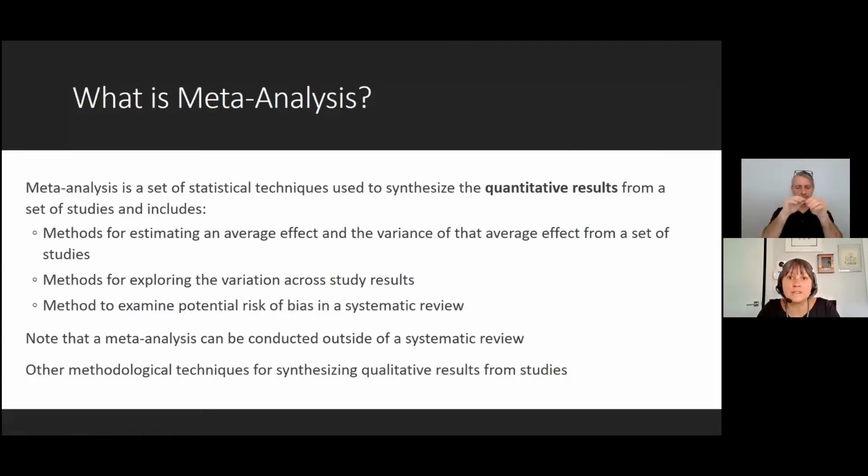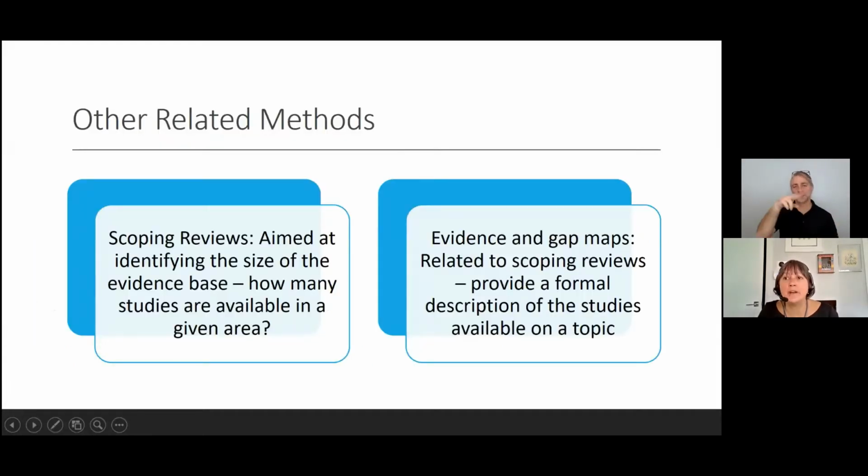And qualitative synthesis is an active area of its own. In fact, there is a funded NSF training grant that looks at methods for qualitative synthesis. But that's not what we're going to talk about here. Okay, I wanted to also just give you a sense of other related methods in systematic